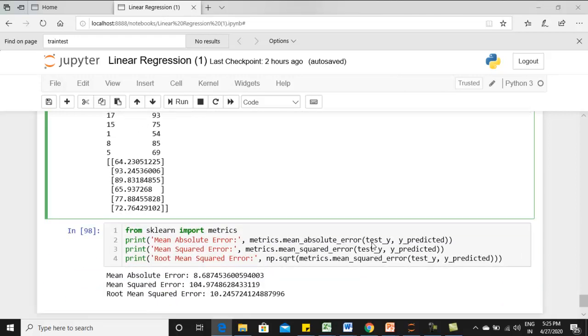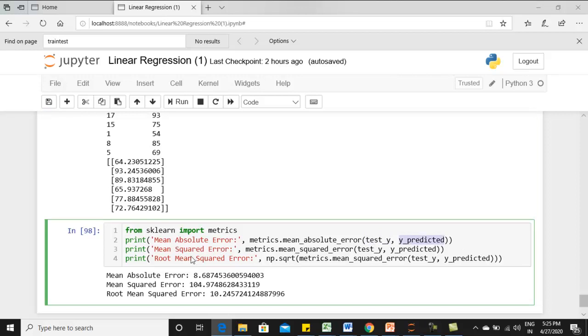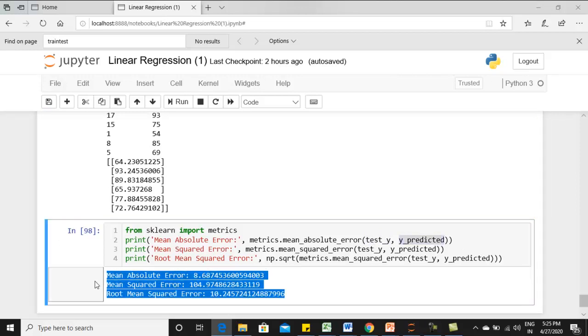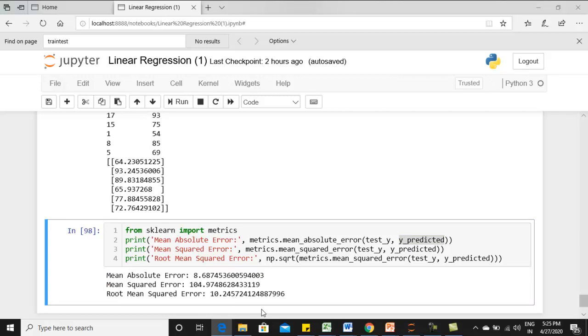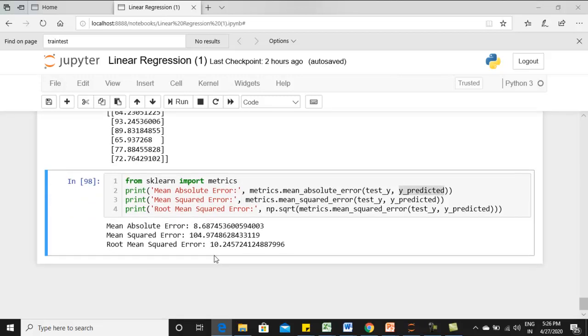Like the same way, we have calculated the mean absolute error. You can see an increase in error values because the number of data sets is reducing. As and when you reduce the number of data sets or the experiences that you have at hand, there will definitely be a drop in your accuracy, and the error rate will increase proportionately. Hence the number of experiences is a matter of interest that we need to take care of. Hope you have understood the concept of training and splitting and the metrics. Okay, thank you.